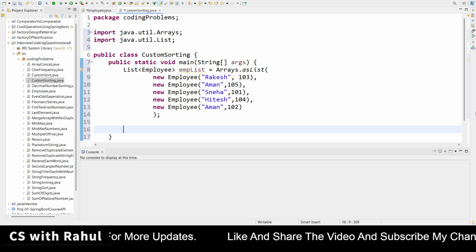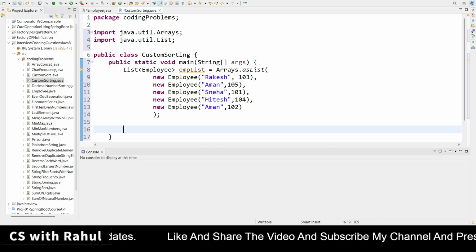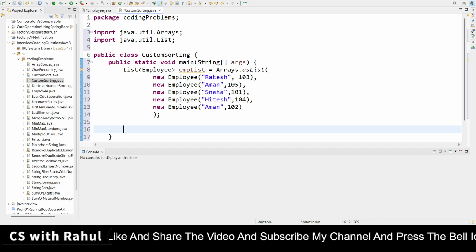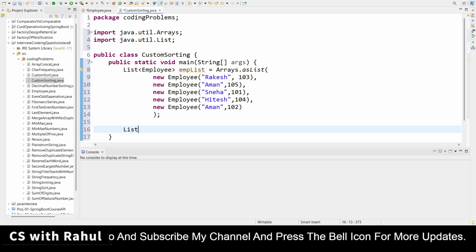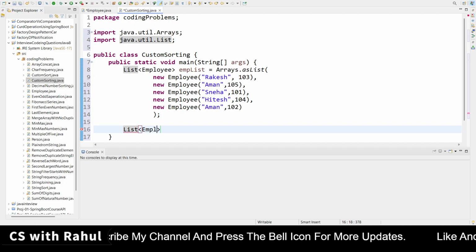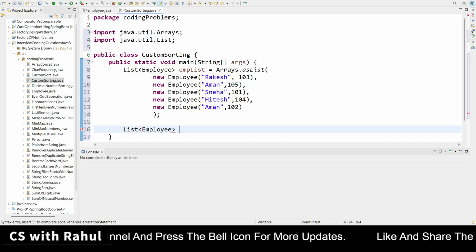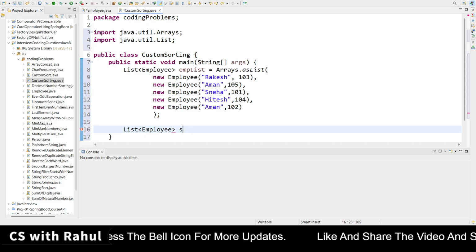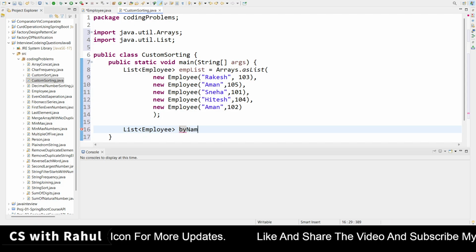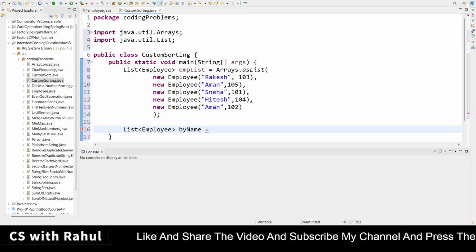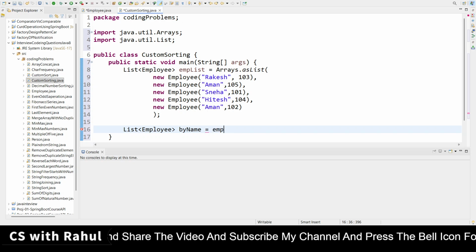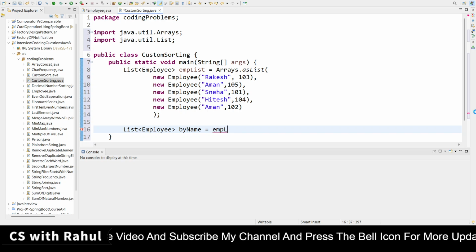So I will create one another list which will contain the sorted list. So directly you can print, no issue, but I'm doing it here by creating the object employee. I'm creating sort by, or I'm creating like by name. You already know that when we are using the stream API, first of all we need to call the stream.